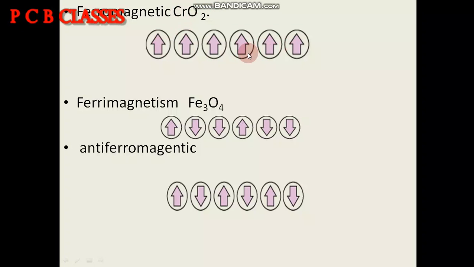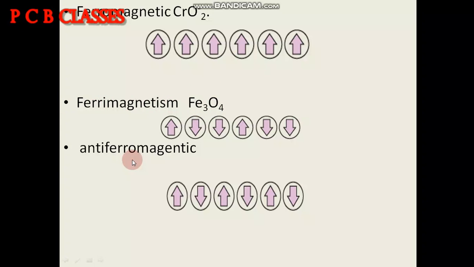Similarly in case of ferrimagnetism, if you find out the electronic configuration of iron, there will be 6 electrons, but these 6 electrons will be arranged in a different manner. Some electrons will have spin upward and some electrons will have spin downward. You can say that some electrons will have clockwise spin while some electrons will have anti-clockwise spin. But what is to be noted is that the plus and minus, that is clockwise and anti-clockwise spin, will not be equal to 0. Such a type of element is termed ferrimagnetism. Iron is a good example in this case.